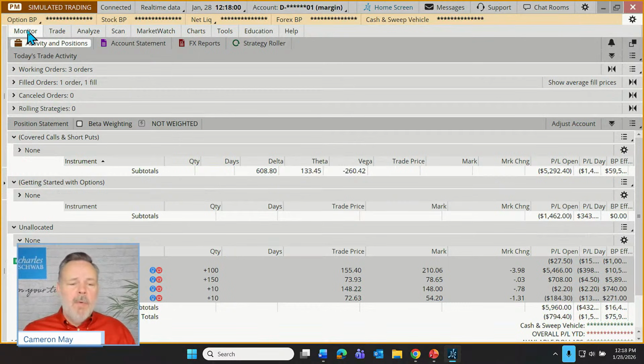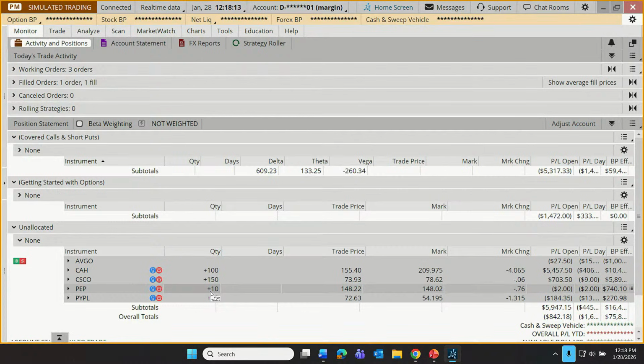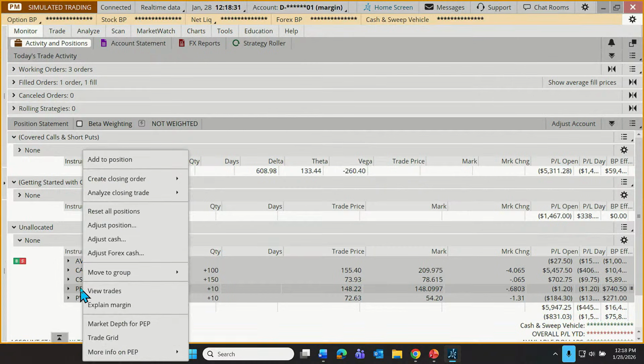And I wanted to show a way that we might trade right from here. So you'll notice as we go to our monitor page, this is where we go to monitor the progress of existing positions. We have an existing position down here in Pepsi. We just bought it, 10 shares of Pepsi. Well, let's say that our trader has immediate buyer's remorse and they want to close this out. Well, they could go to the trade tab and place a sell order through how we've demonstrated already, or we can just right click on the existing position. So right click on Pepsi.